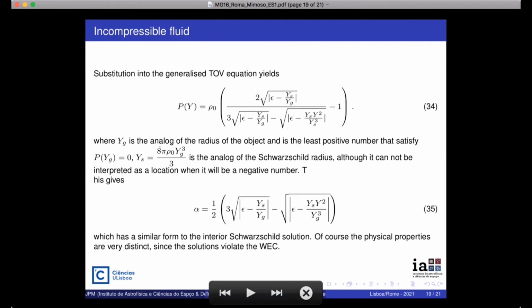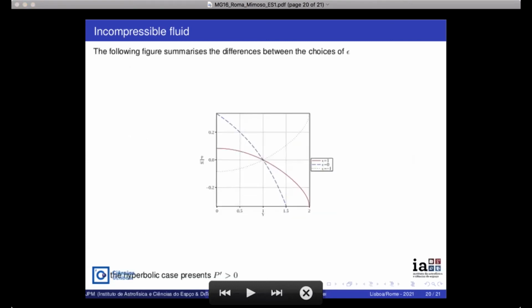So if rho is negative and y is positive, we will have a negative Schwarzschild radius, and conversely. So we have strange solutions, although they all fit within the same framework, now unified. What we realize is that for the hyperbolic case, which is epsilon equal to -1, we have a pressure which, to satisfy the